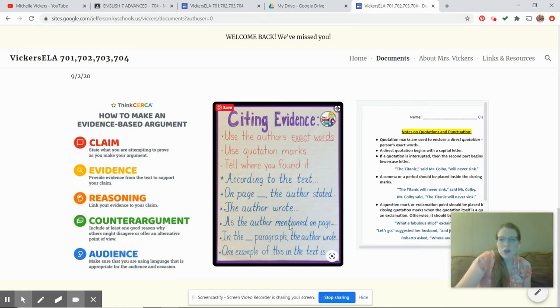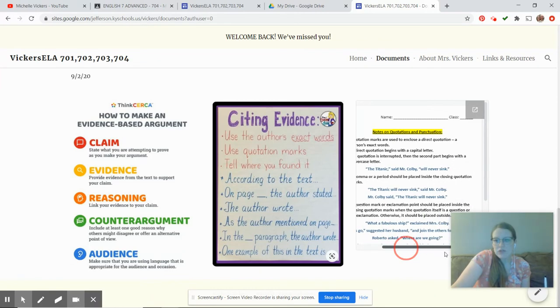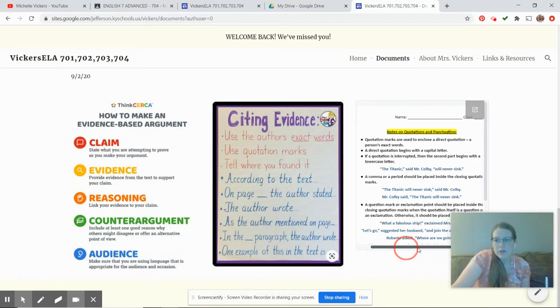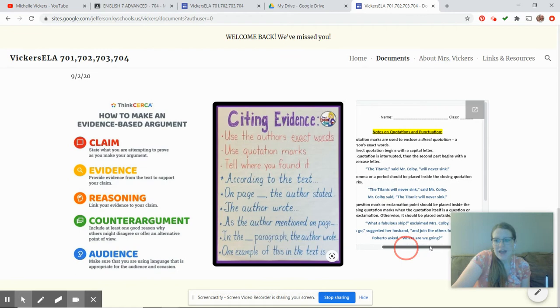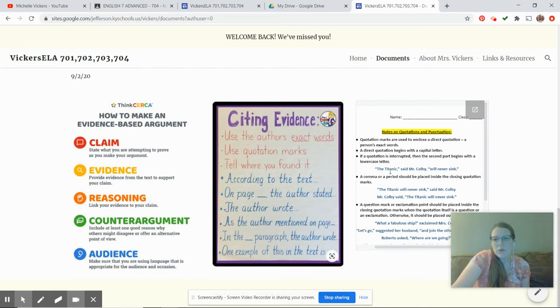All right, going over to this document really quick, just because I already mentioned it. It tells you, and you can scroll, just for the record, okay? And I might be able to fix it to where you don't even have to scroll, but for now, it's not a big deal to scroll. It tells you if you wanted to break up a quotation, okay? You know, if you said,